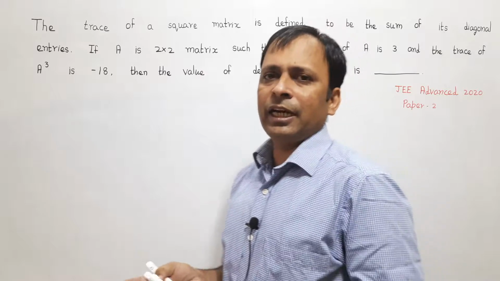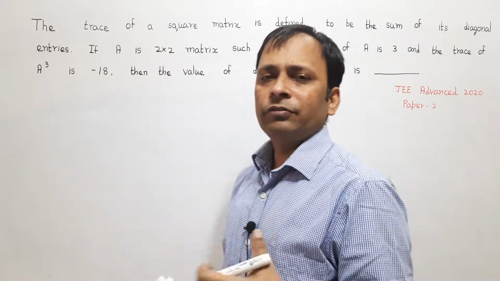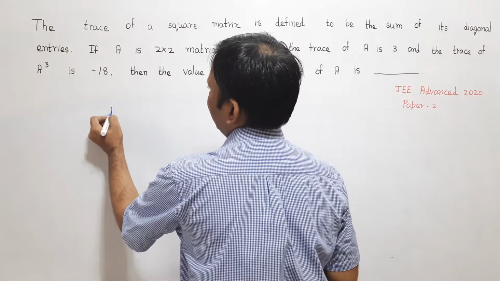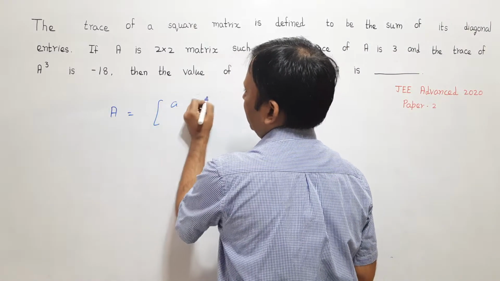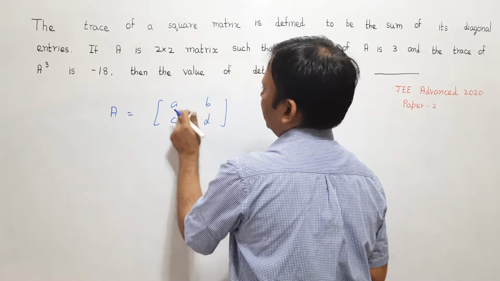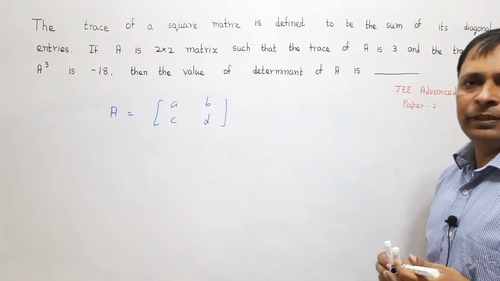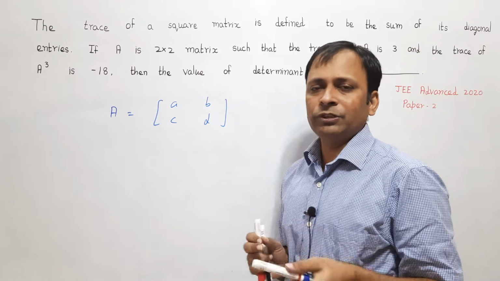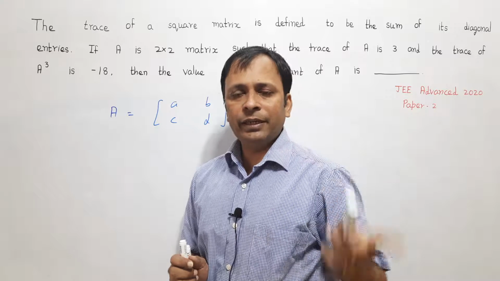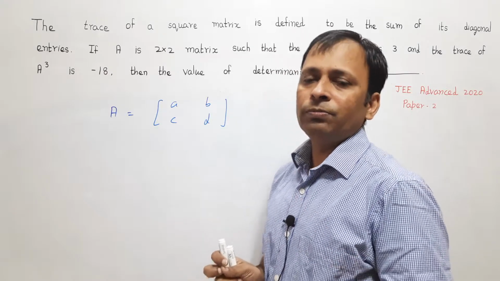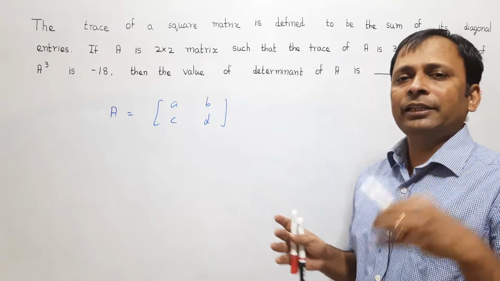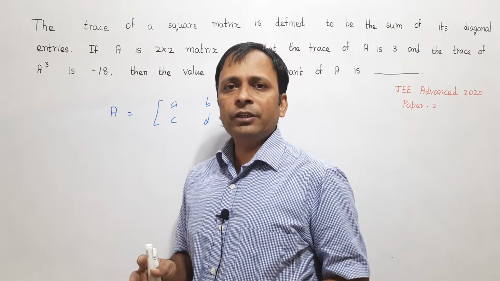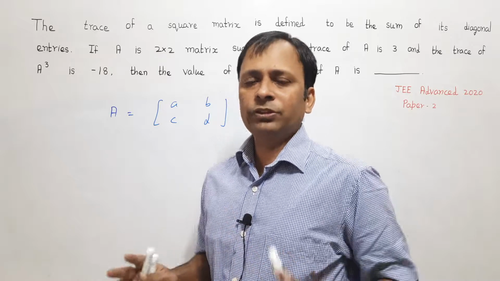Normally in such kind of questions, what we generally tend to do is consider a matrix A like a, b, c and d, and then find its trace, which is a plus d, which I say is equal to 3. Then I will take the cube of that matrix, for which first I will take a square and multiply it again once more to find A cube. That itself will take a lot of time, and then I will get some equations in terms of a, b, c, d. Solving it will again take too much time.